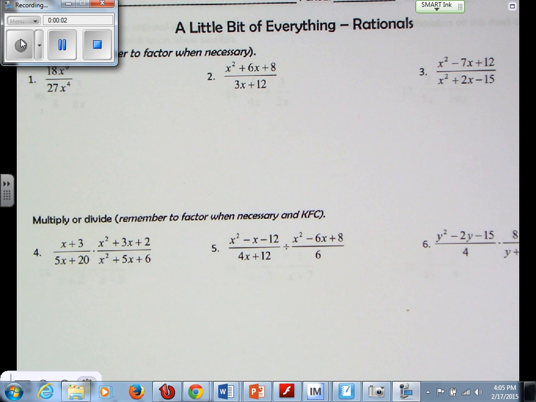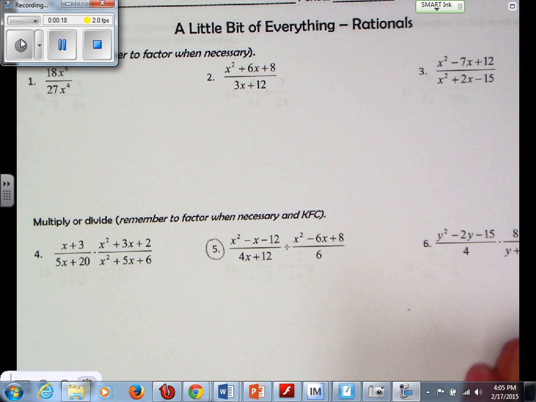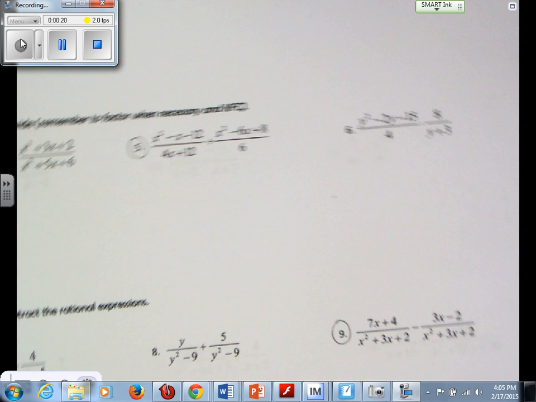Okay guys, so today we're going to talk about a little bit of everything. That was your homework assignment for today, which is February 17th, 2015. What we're going to do is I'm going to show you some of the problems that I think most students have problems with. So I'm going to solve number 5, number 9, number 11,